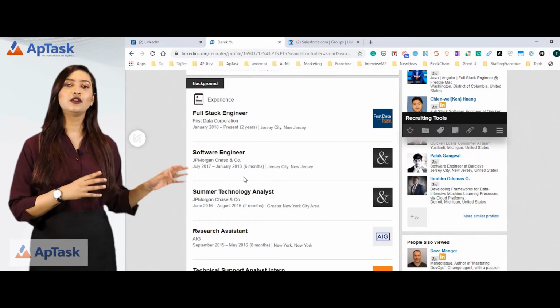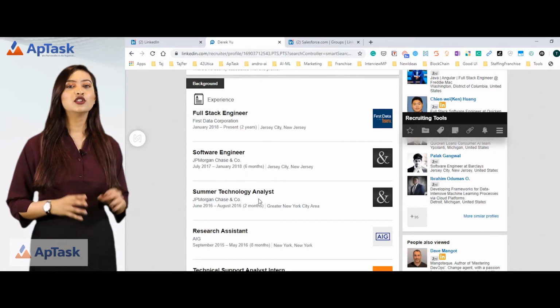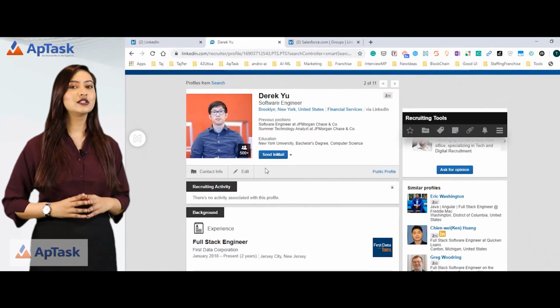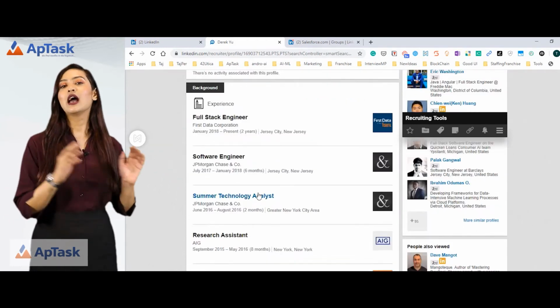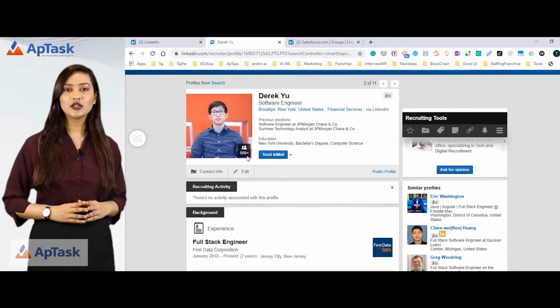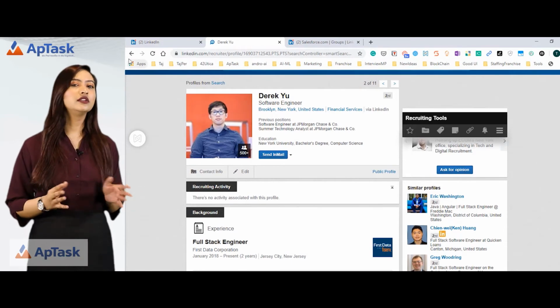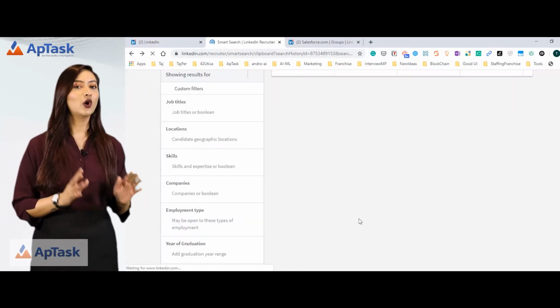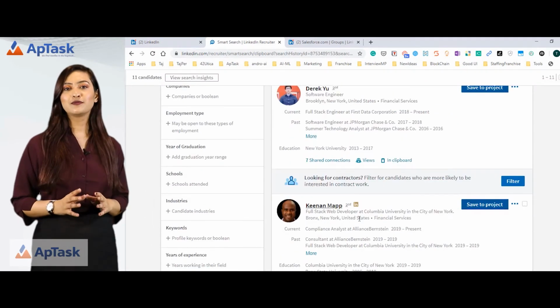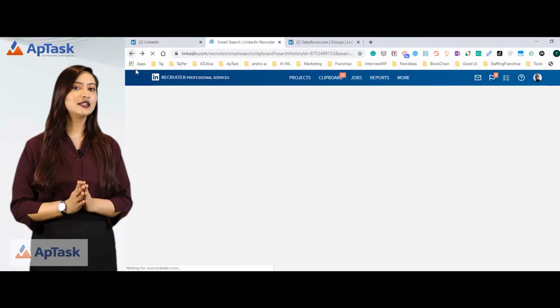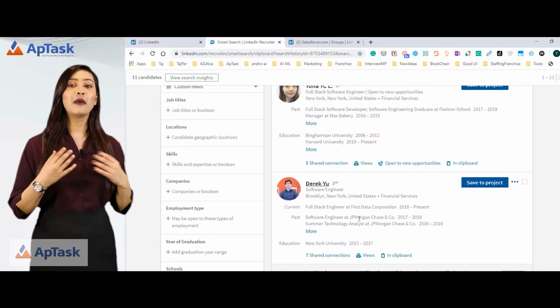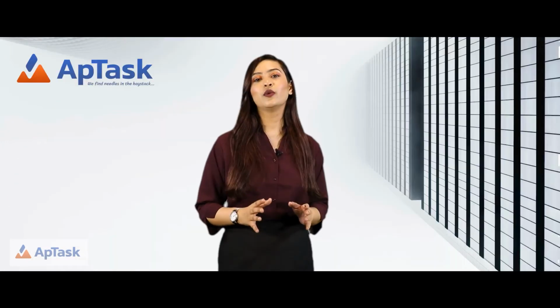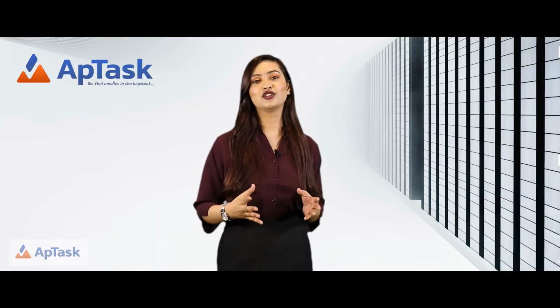In this case, it looks like the person has changed just 2 jobs and this person has stayed 6 months and 2 months. This person maybe has 2 or 3 years of experience and I do not want to waste my InMail on this person. Go to the next person and this is how I will select who I want to send my InMail to. This is the way to use your InMail efficiently.